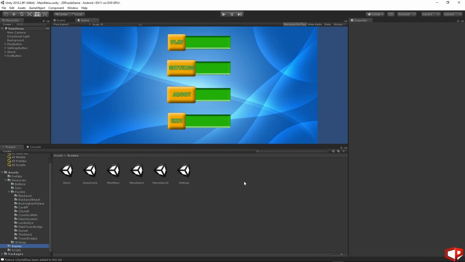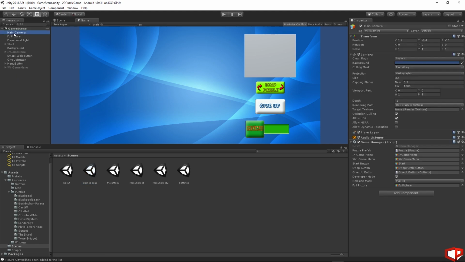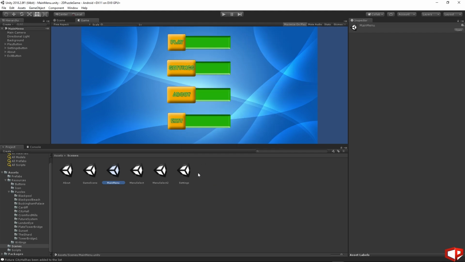Let's open our project. First of all, we need to change a few things inside the game. Go to the game scene, and then inside the main camera we have this developer mode ticked. We don't want this one to be ticked anymore, as we're gonna release this game. So untick this checkbox, then go to the main menu, save the scene,